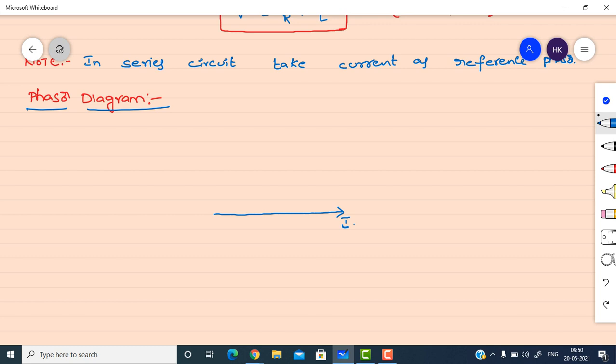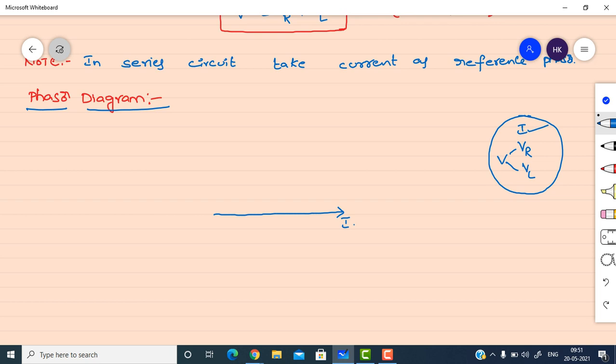This is I. Now what are the alternating quantities in the given circuit? We have a current. That current is flowing through a resistor as well as inductor. And we have voltage drops, that is VR and VL. Voltage is there, but the total voltage is divided into these two drops, VR and VL. So you have to indicate all these four phasors in your phasor diagram. Altogether, it is called a phasor diagram if you represent all the phasors.